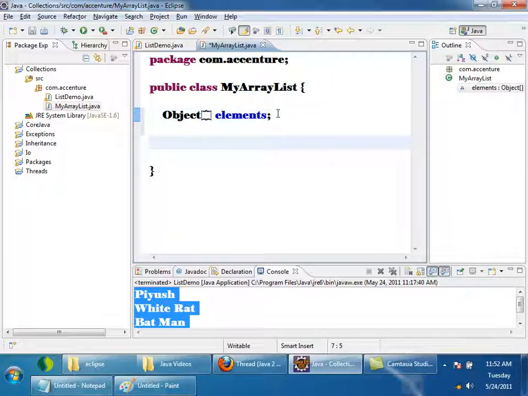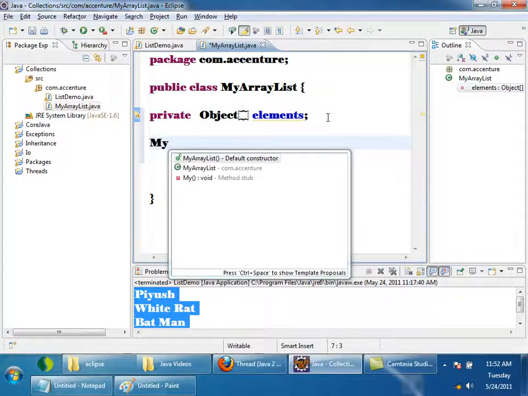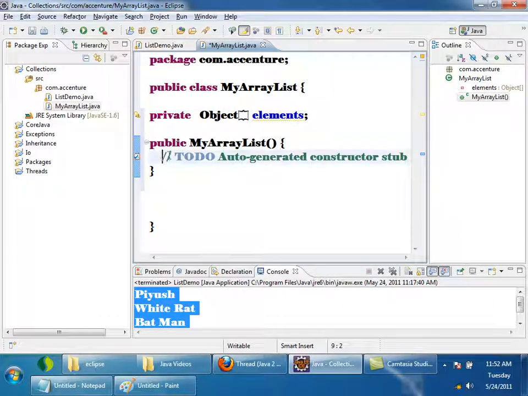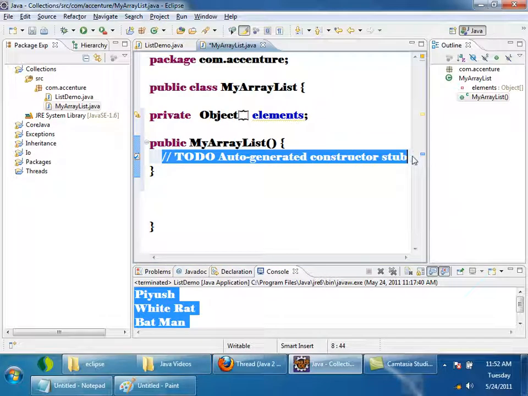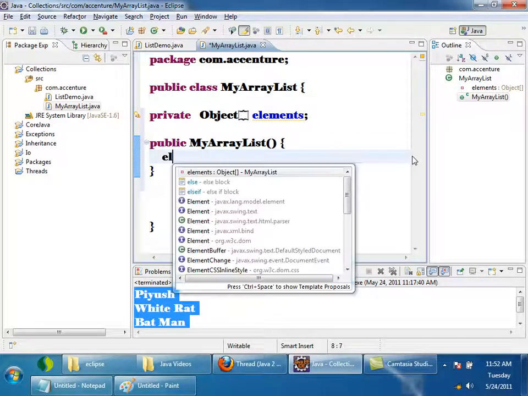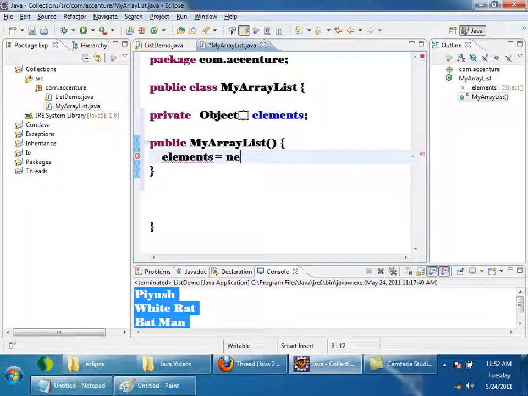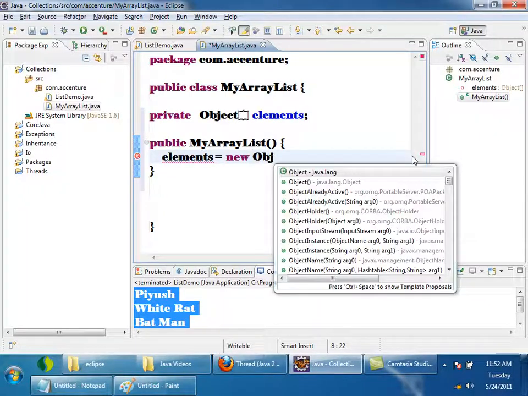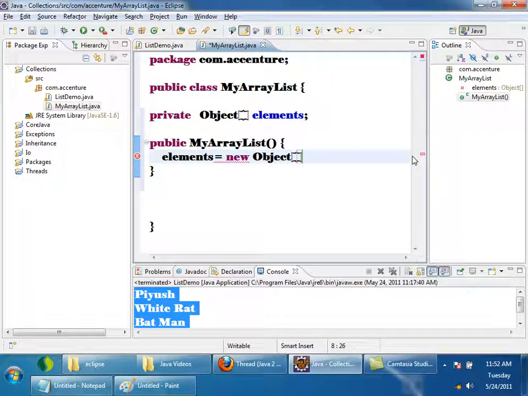This is a private instance variable. How to initialize instance variables? Constructor. In the default constructor of MyArrayList, elements is equal to new Object array of size 10.